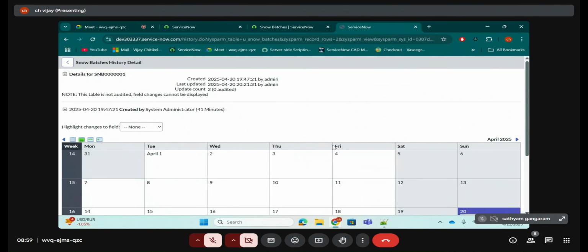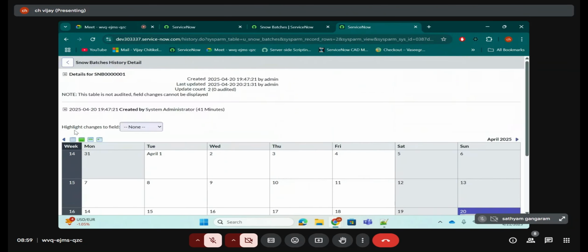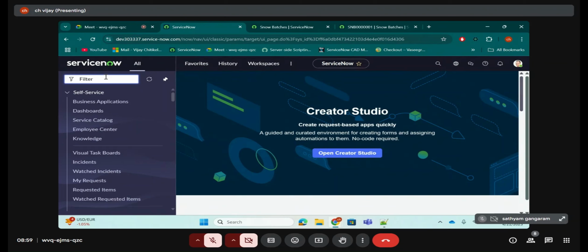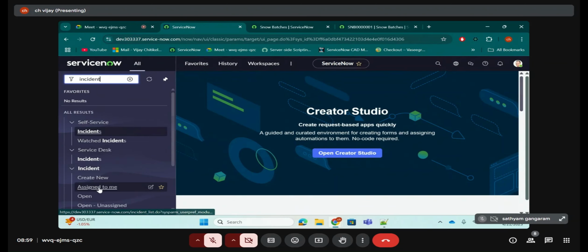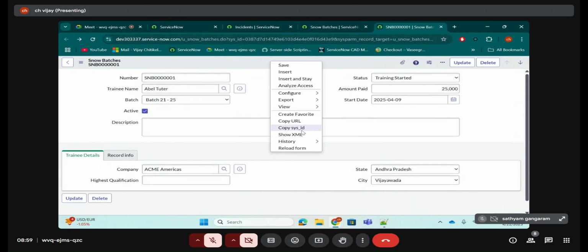I think I need to add an attribute. Here you can see more detail on what got created and what not. But this calendar thing I don't understand honestly. If I go to the incident table, maybe I can show you more clearly. There is a concept known as attribute; I need to add one attribute. As of now, when I right click here, I can see only calendar. There will be one more option. Let me show you. Let's see, if I go to this incident,